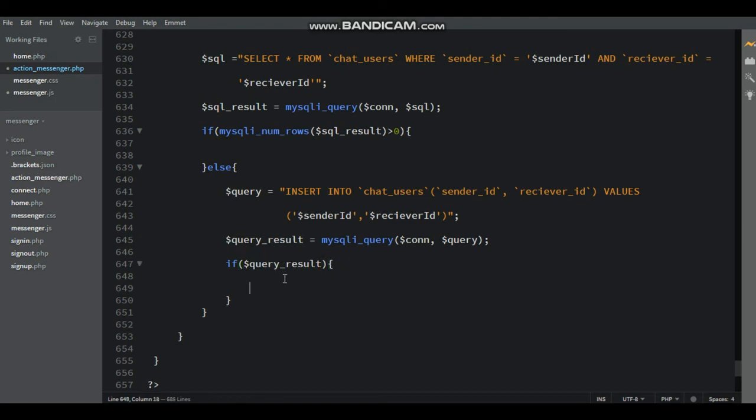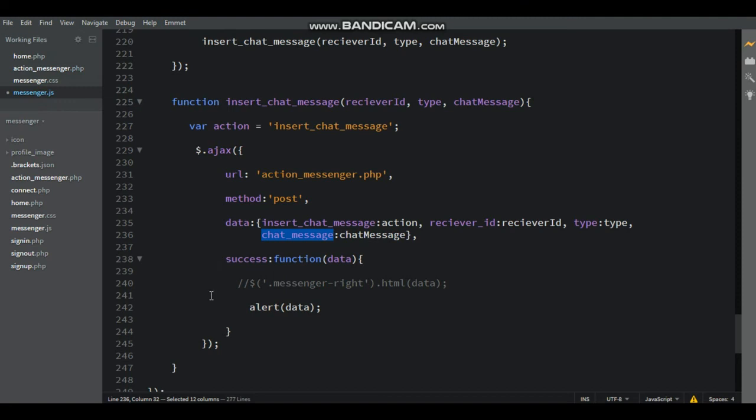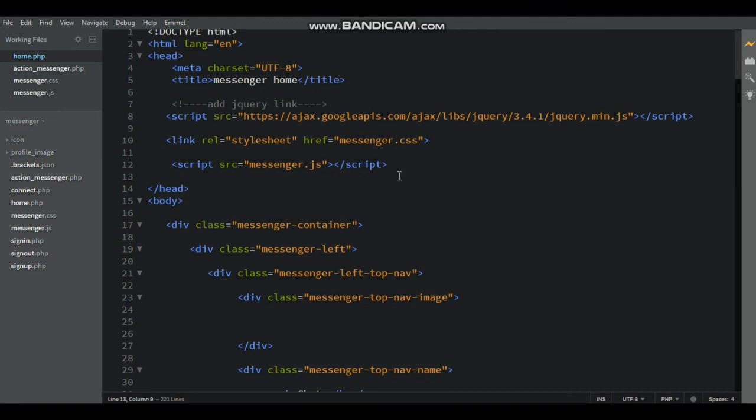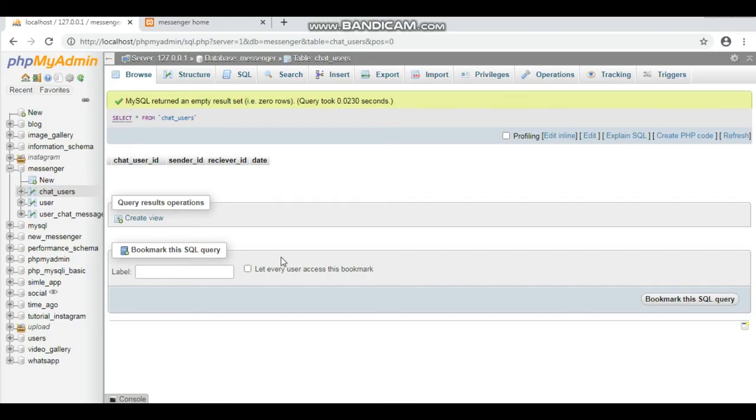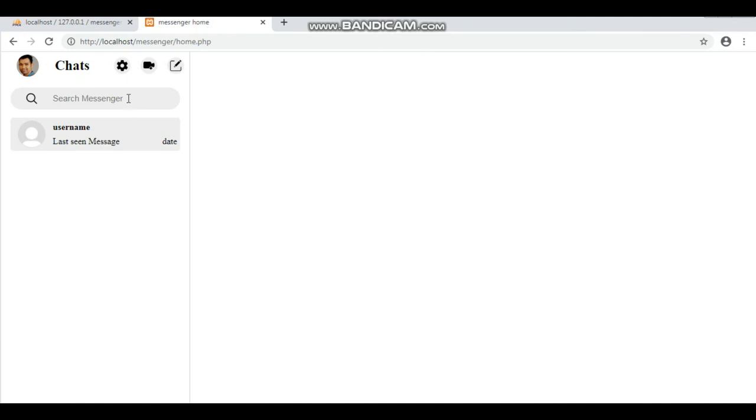Now inside the curly bracket write the echo message. Here insert the double quotes, write the text, insert chat message success, and then close with a semicolon. Now save the file: messenger.js and action_messenger.php and also the home.php file. Now go to the browser. Now refresh the browser and then